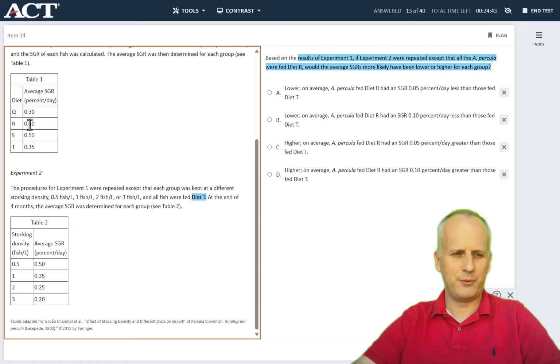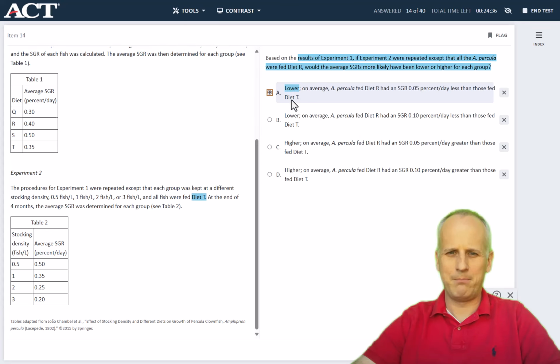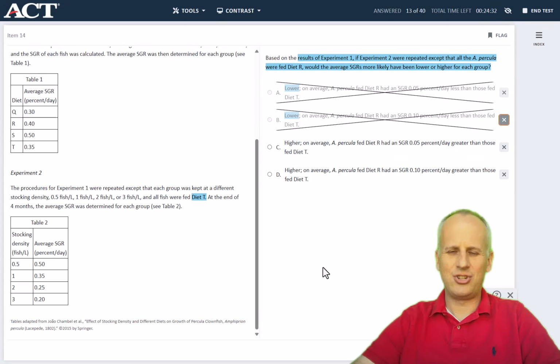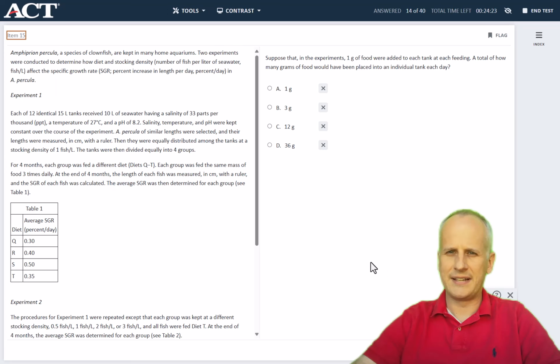So that means that if it was fed diet R, we could expect reasonably that it would go up to 0.40. So both of choices A and B are going to be incorrect, and we can X them out because the SGR would not be lower. It would be higher and exactly 0.05 as we just identified. Again, you don't even really have to look at choice D and can move on to the next question, which states,